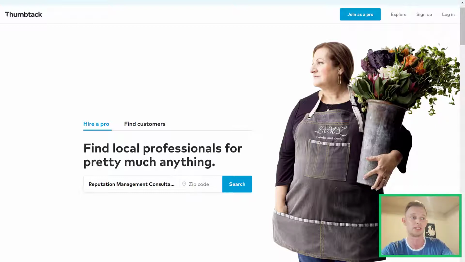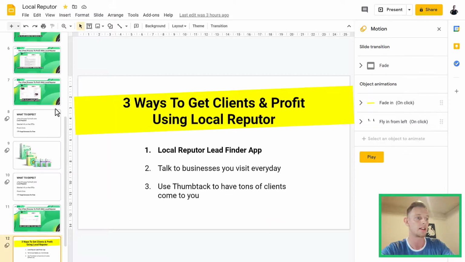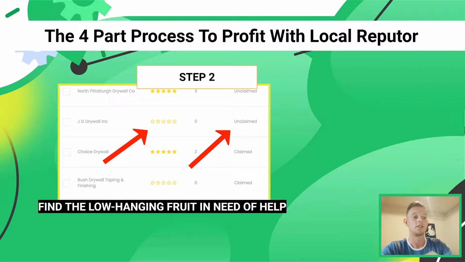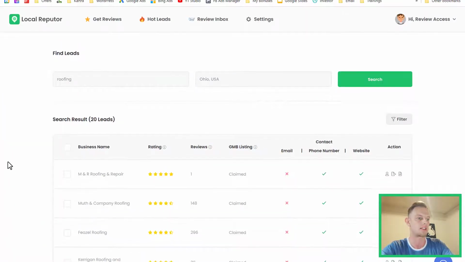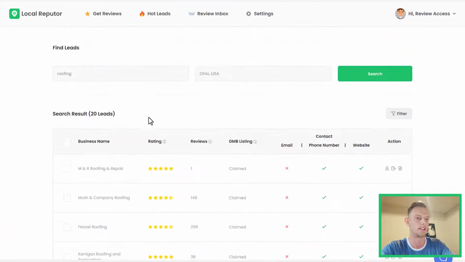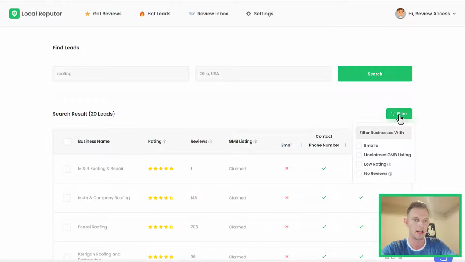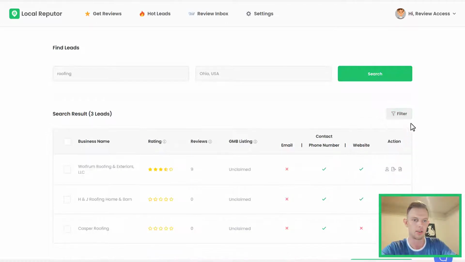And that's just the first step. Getting leads is the first step. So once you have found leads, you can go to step number 2, and that is finding the low-hanging fruit in need of your help. So the cool thing about Local Reputor is that you can actually find the low-hanging fruit really easily by using these filters. So you can go here, go to filters, you can check unclaimed Google My Business listing, and already